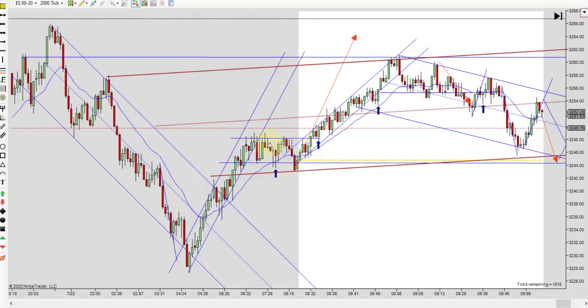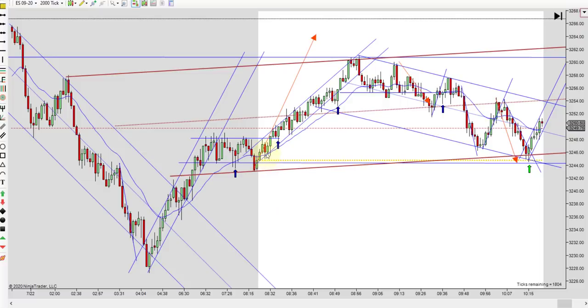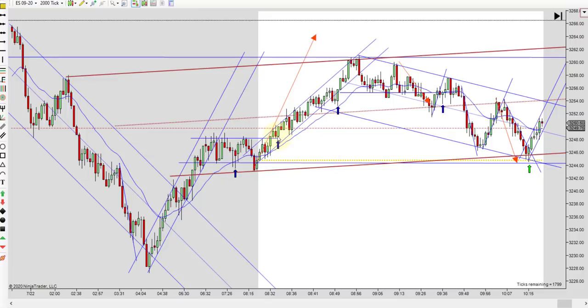Comes back, and it's pretty obvious we're going sideways. You get a little failed break lower. You don't want to enter there because this is your signal bar, and that's just an inside bar. You get a higher low here, but again, not a very good signal bar right into the highs, but it pushes through and pulls back and tests that breakout area right there and gives you a failed second entry short